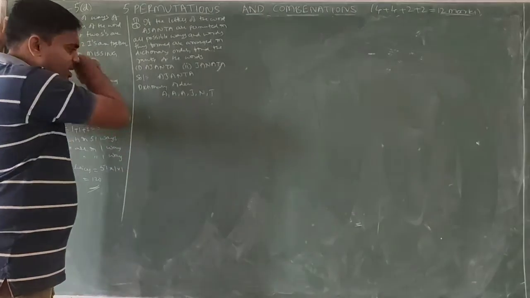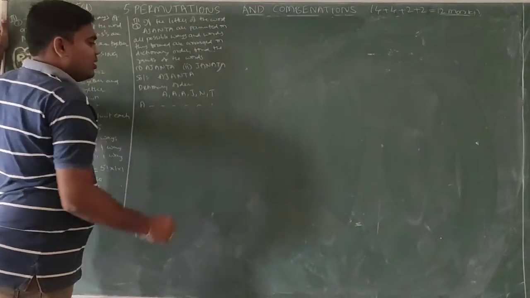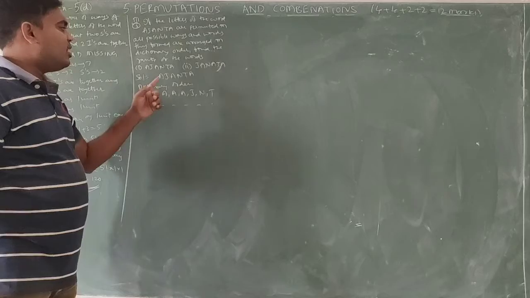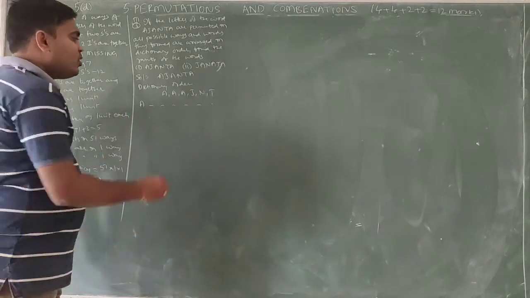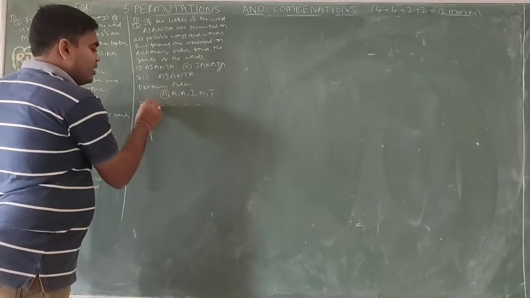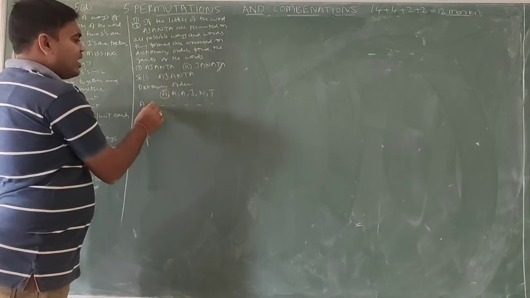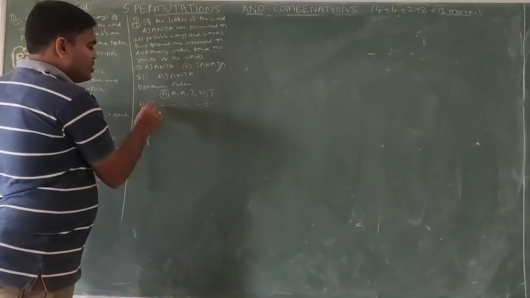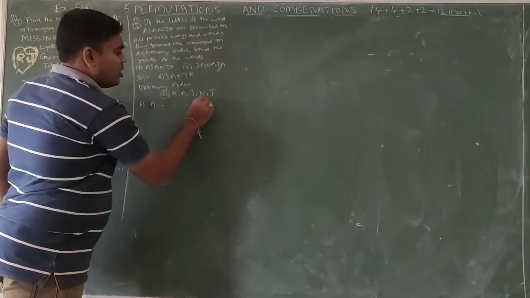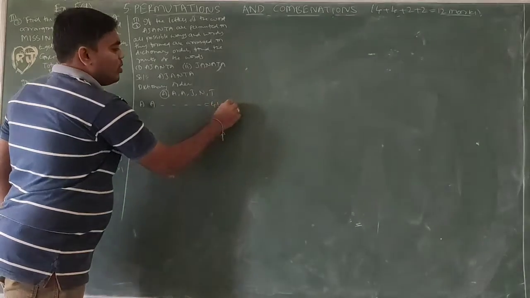So in the dictionary, the words started with A come first. I want to check whether the word AJANTA starts with the letter A. Yes, so I am fixing A. Now I am searching for the second letter. Is the second letter A? No. So there won't be any word like AJANTA here. So A, then the remaining 4 letters A, J, N, T, all different: 4 factorial equal to 24.